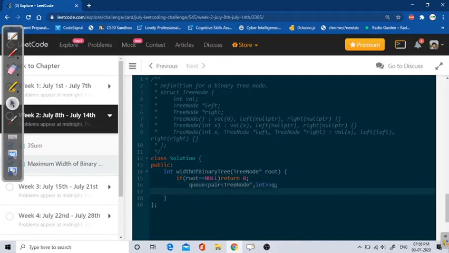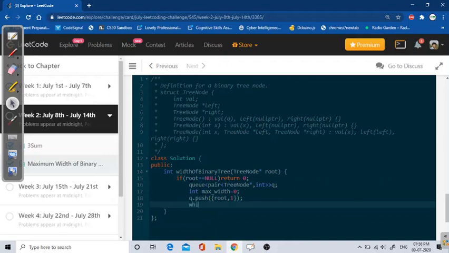So we got that. We'll also need one max width variable, which will store the maximum width, and let's assign it 0. And let's push the starting index, that is 1, and the root node, so it will be in a pair.